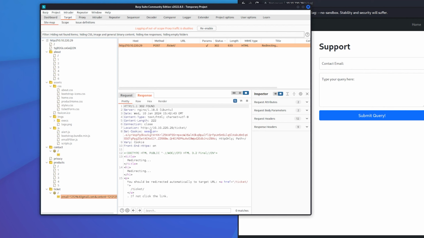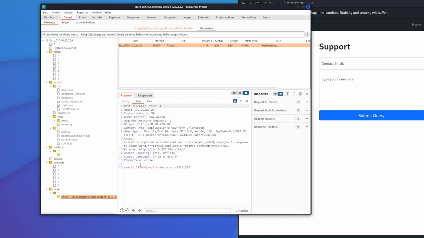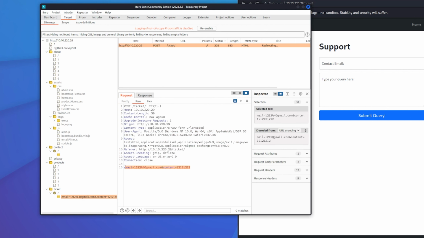This basically shows us the request we've made. It shows us the query form we have sent. Right, so it says email 123, at 40, at gmail.com, and content 123. Now, this doesn't mean anything to you, as I said, but we can actually use this